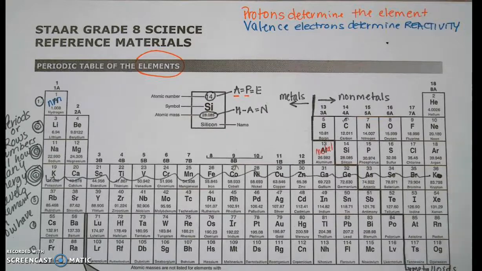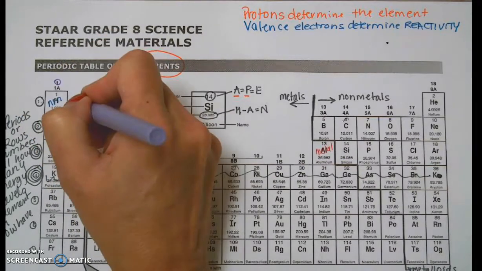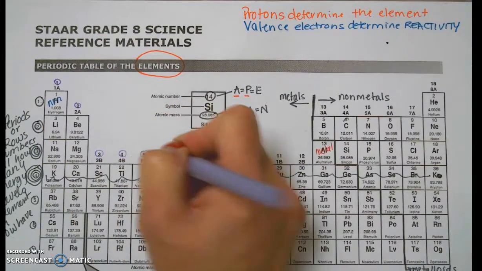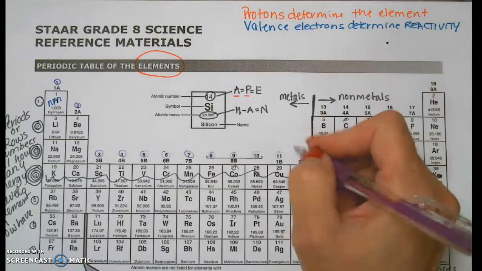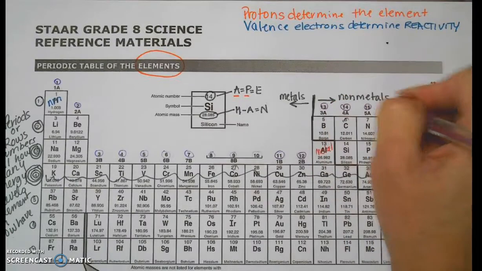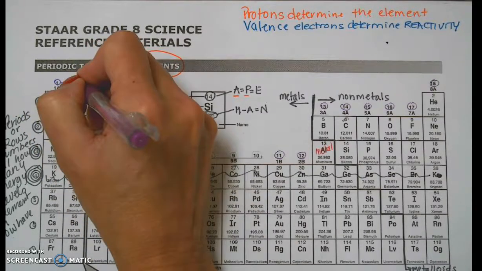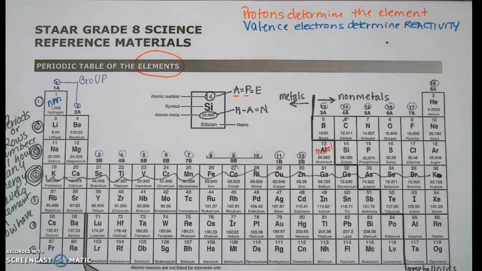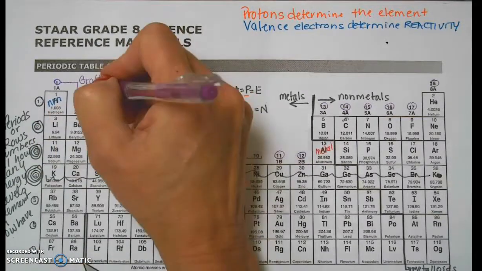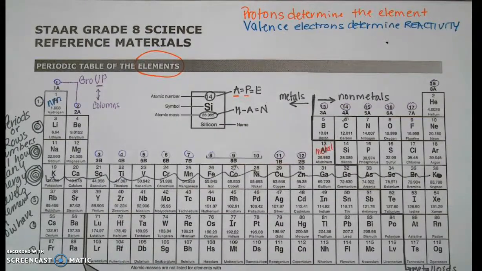All right, let's look on to the top numbers. The top numbers up here are showing us the number of the groups. So 1, 2, 3, 4, 5, 6, 7, 8, 9, 10, 11, 12, 13, 14, 15, 16, 17, and 18. Those are the group numbers. Groups go up and down. So I emphasized up in the word group, so you remember they go up and down. They are the columns